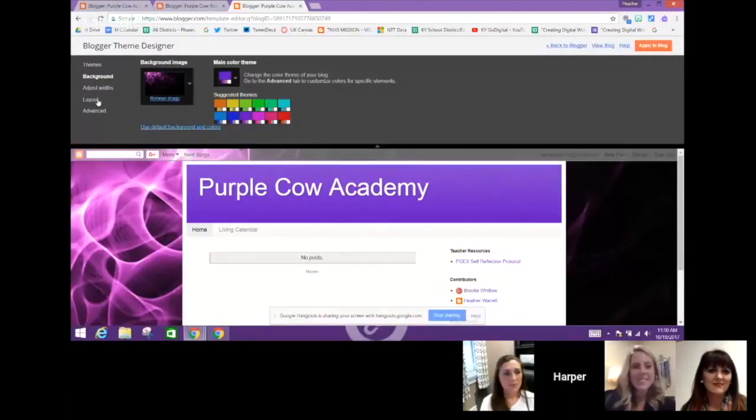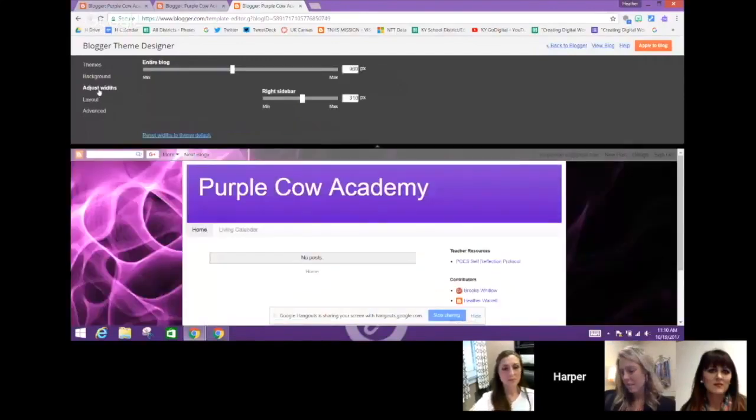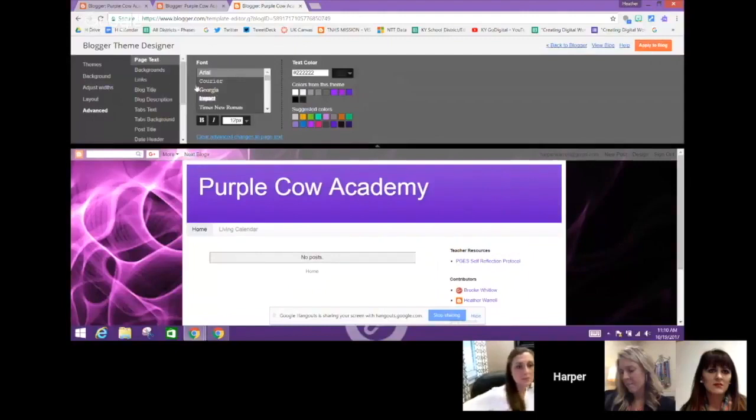You can also, if you go to the layout, play around with the layouts and adjust the widths. But advanced is where you want to spend some time playing. And I always tell principals, this is something that you do when you're watching TV with your laptop on your lap at night. You play around with how your blog looks and go to the advanced features.